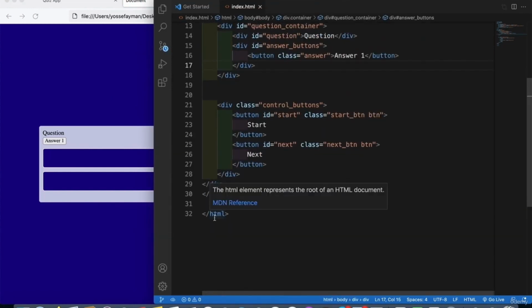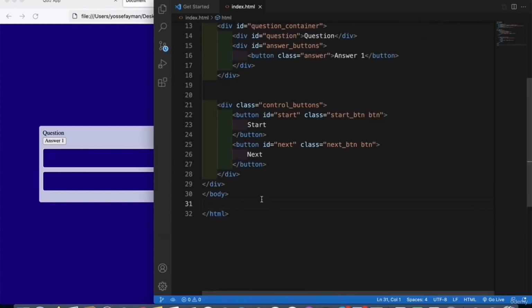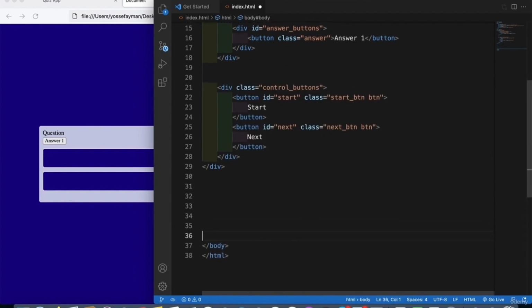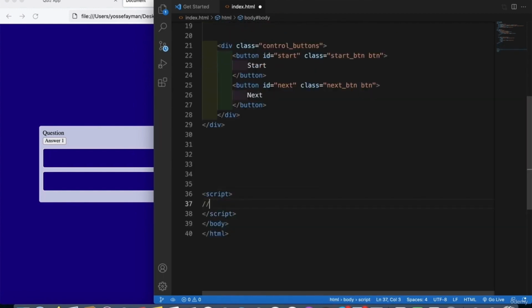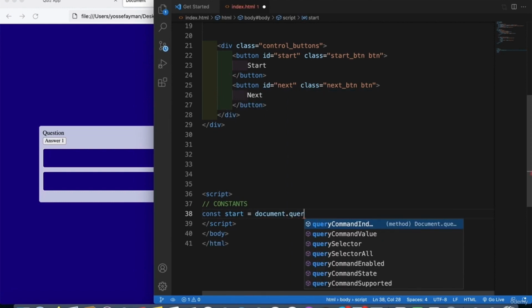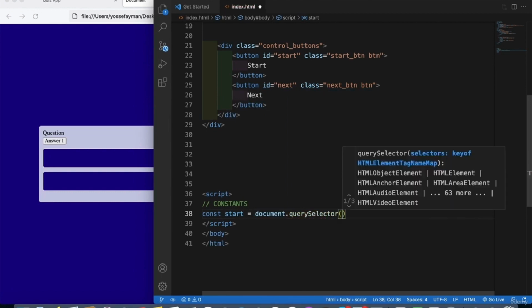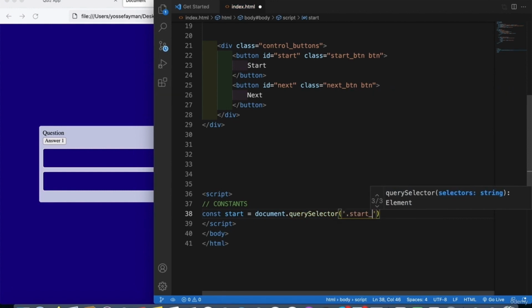Okay, so now let's add the JavaScript for the constants and for the array of the questions. Oh, the script, right. Let's add some space right here. Script. Let's add a comment of constants. Here we will make the constants. Const start equal to document dot query selector of the start button,